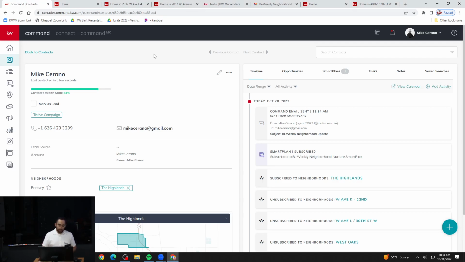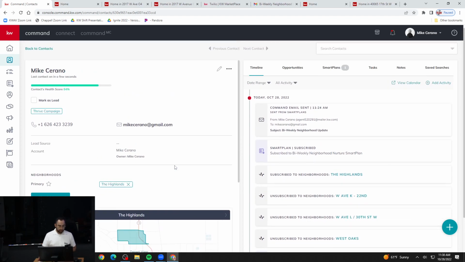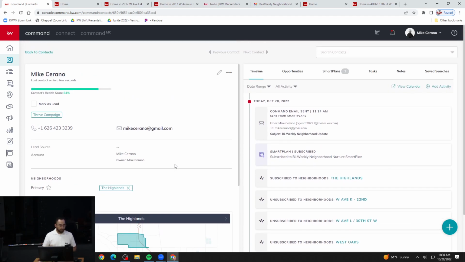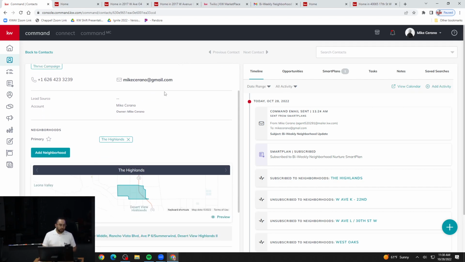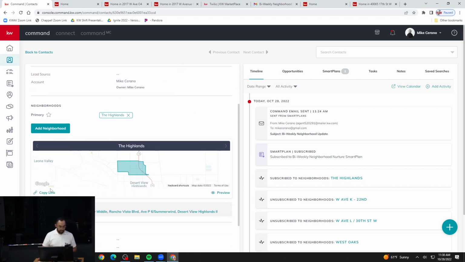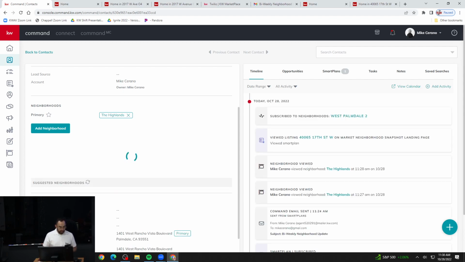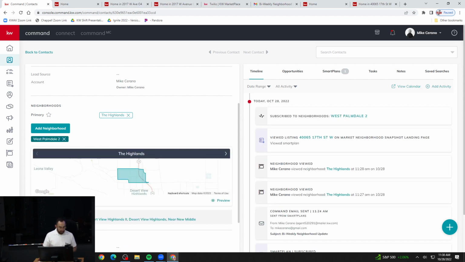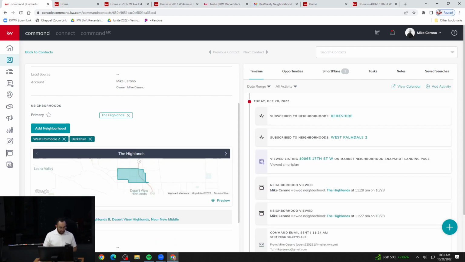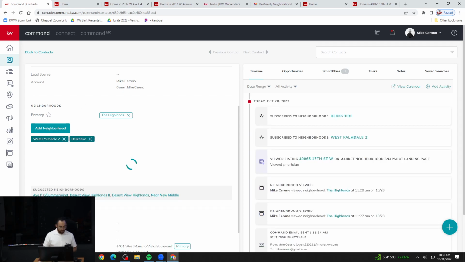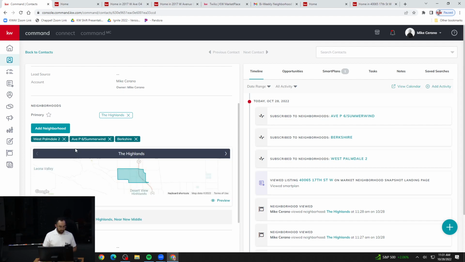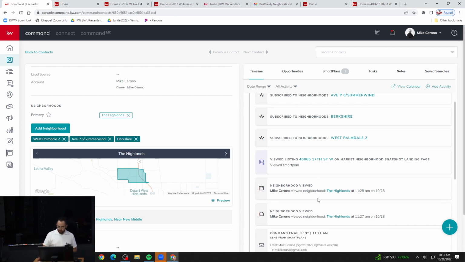There's no real limit, because I've gone through this and I've added a ton. The more you keep adding, and even from here, it gives you some suggested neighborhoods that are near the primary one. You can click on these and it's going to start adding them to the neighborhoods list. So if I click on more here, it's going to add them to the little list here. And of course, over on the right side, here it's showing,